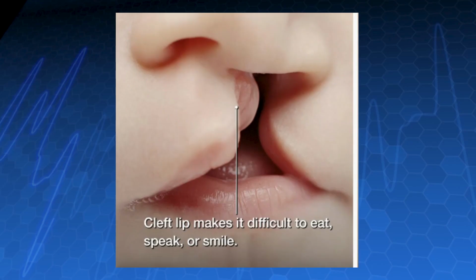Then we talk of a palate, which is inside. So a lip is the outside part, then the palate is the inside but upper part of the mouth. So when we talk of a cleft, we are talking about a gap in the lip, that part of the mouth that you see, or a gap in the palate, that part of the mouth we're not seeing.